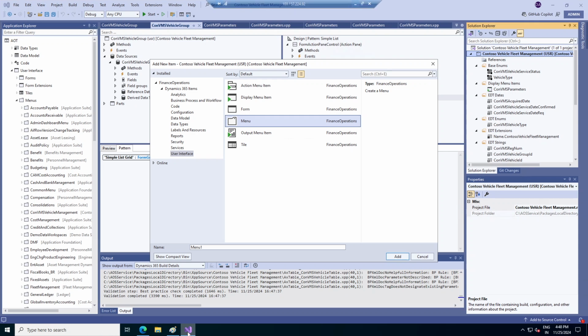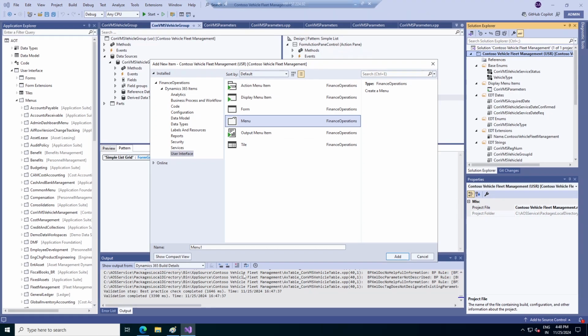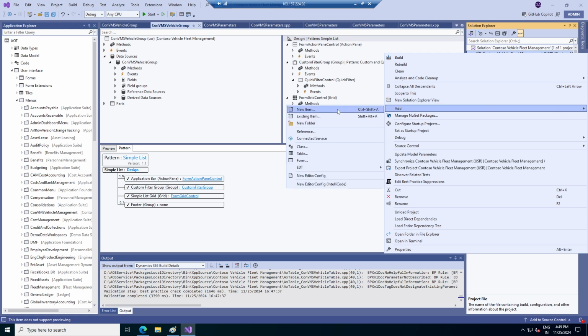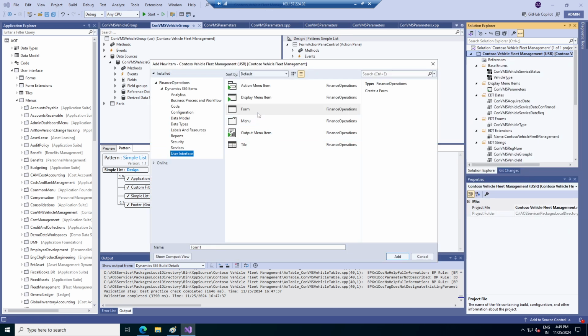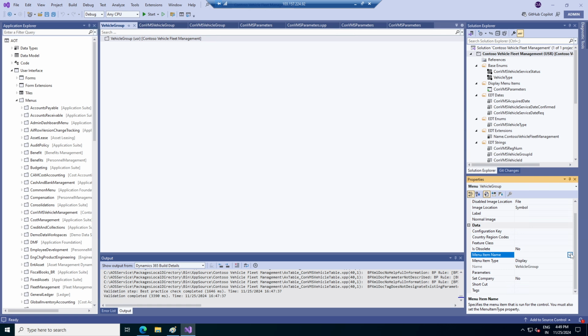Okay, so let's create a menu item over here and create a menu item using the same name as the form and using the same label that we did in the caption property. So at the form level, let me check what I have taken. One second. Caption was vehicle group, so Control C, and now let me add a new item, and over here for menu, the menu name will be this vehicle group, add, and this vehicle group, the form ref property, menu item name,